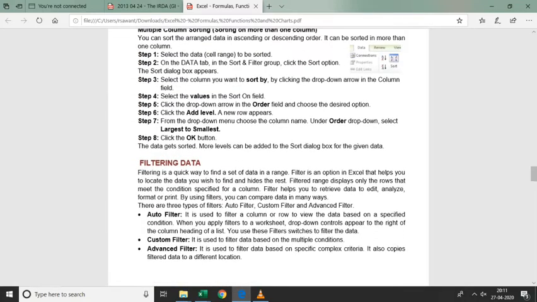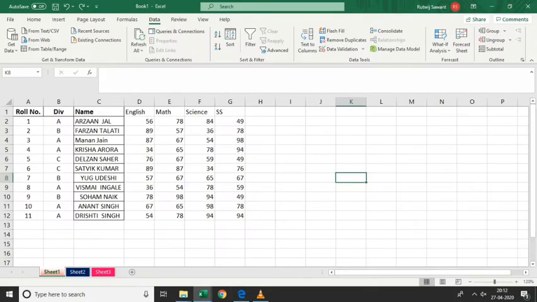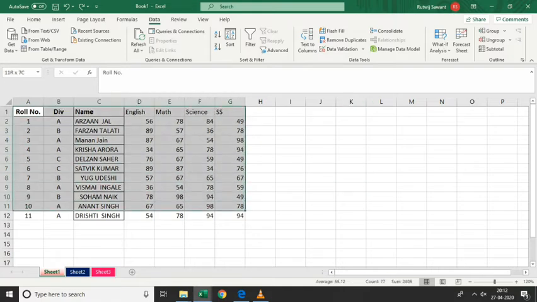Right now we have only this much data, but what if I have a huge amount of data, such as 200 names of students, and out of that I want to filter some data? Suppose I have a class list with the marks of the students, and I just want to display the data of A division. So this is my division.